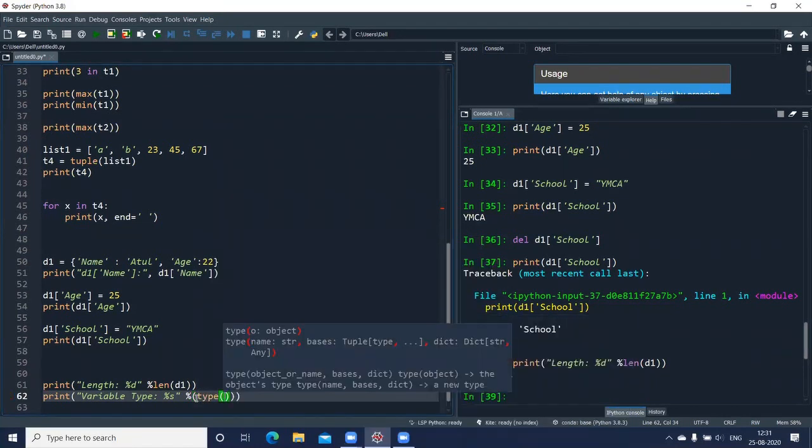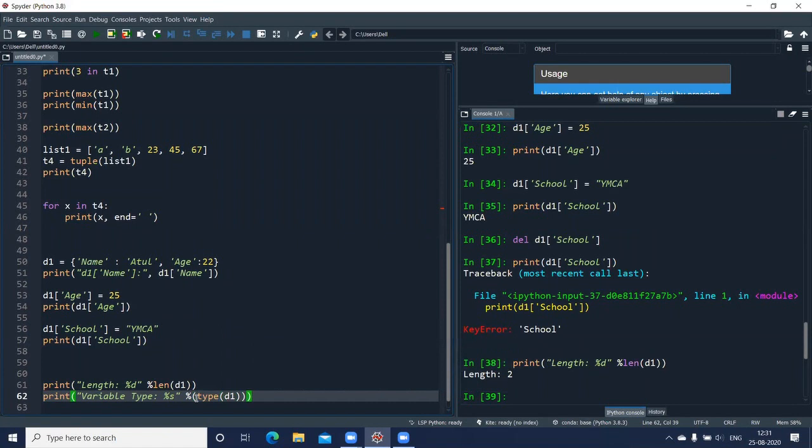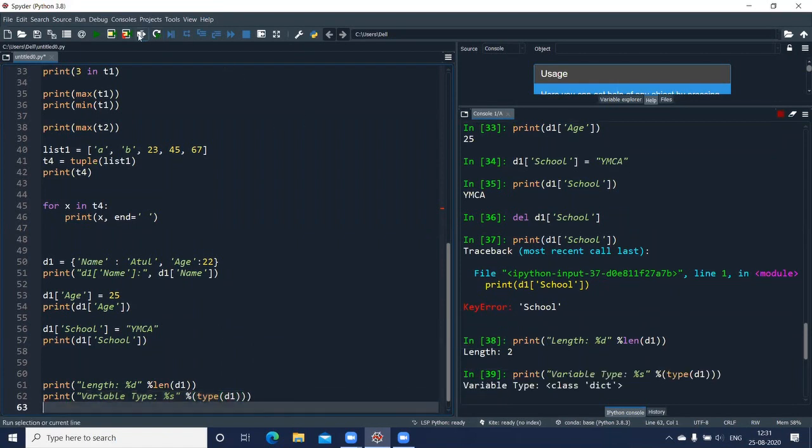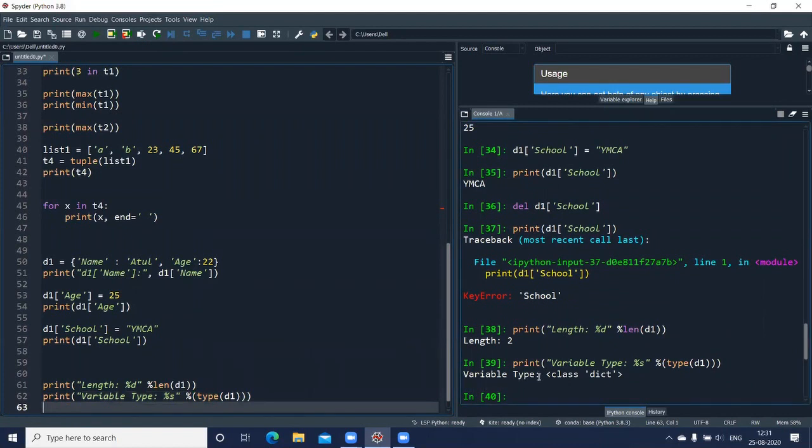So type, and I can make use of D1 here. It will tell me the type of data or variable. Let us execute this line. Now you can see it's of type dict, dictionary. That's my variable type D1. So this is one of the functions.